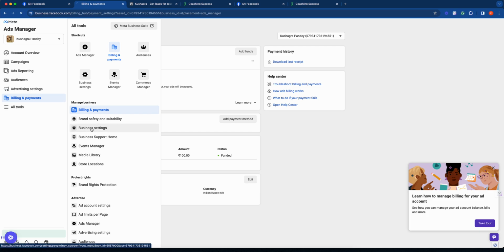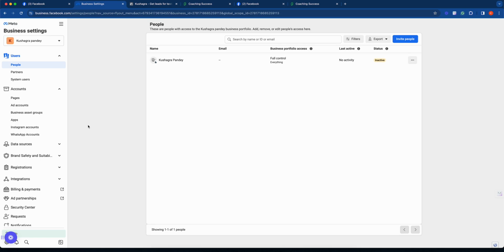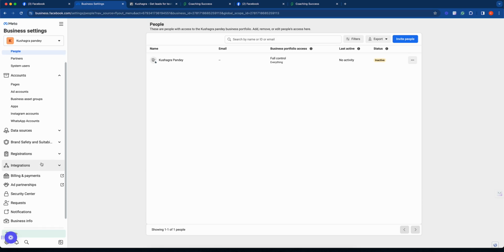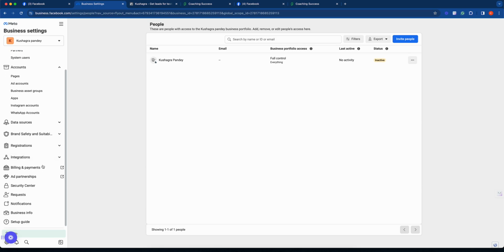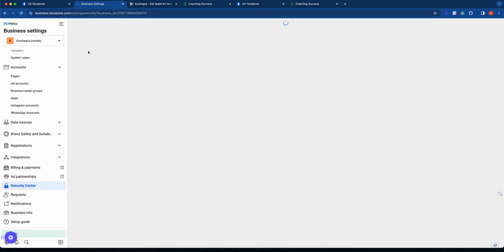If I go into the business settings, let's have a look over here. So it shows I have things, data sources and all. I can create a pixel, that is fine. Billings, payments, we just went over there. Security center probably.